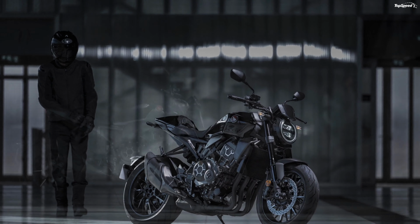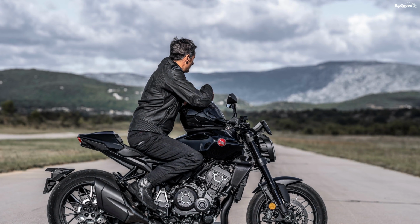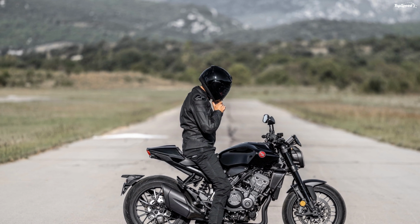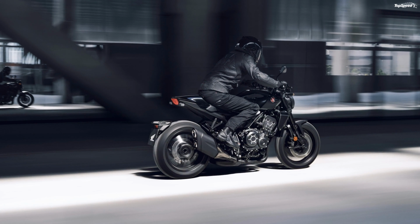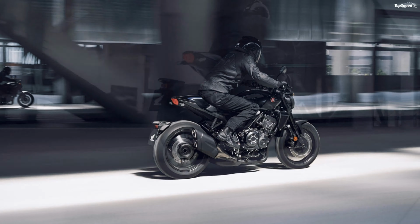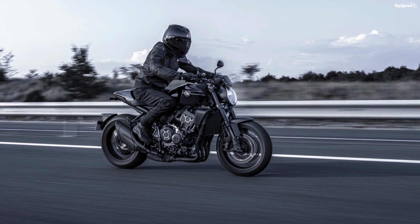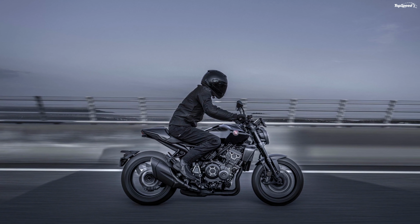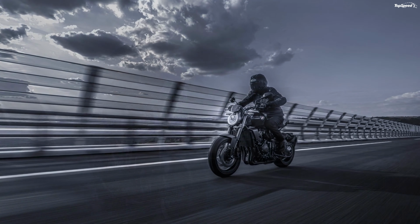The pillion area is of the I'd-rather-not variety with a barely-there pad and nothing in the way of grab handles to hang onto, so if you weren't close friends at the start of the ride, you will be by the end. A set of subframe-mount, fold-up foot pegs complete the passenger's amenities, but if you prefer that solo road warrior look, the Black Edition rolls with a stock pad cover that gives the back end a race-fairing finish. All-around LED lighting that includes a DRL ring ensures two-way visibility with your surroundings,